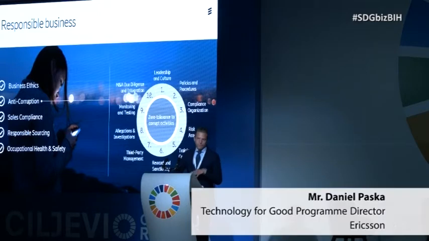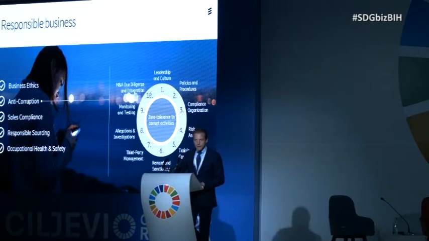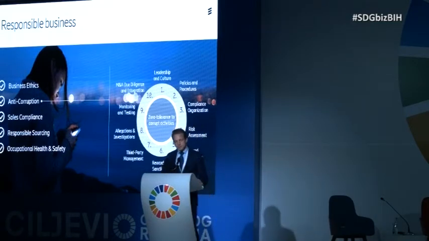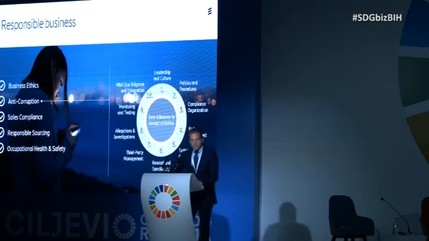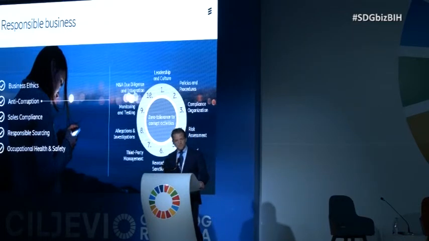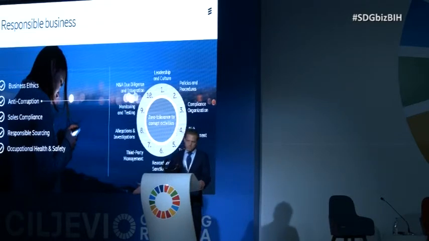For example, we have normal things like policies and procedures, but we also have an entire compliance organization that just works on anti-corruption compliance, to be able to trace money and who we are doing business with. For example, on monitoring and testing, we have a digital service solution where we screen everyone we do business with, both customers and suppliers and other partners, to trace who is actually owning a company, who is the beneficiary of a financial transaction.